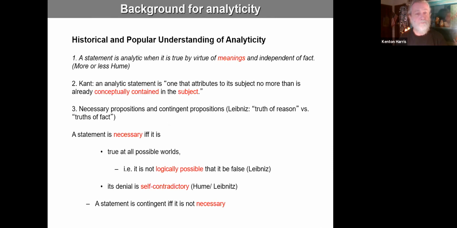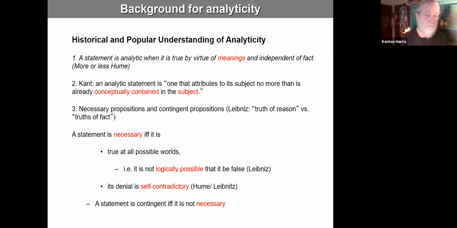There we go. A statement is analytic when it is true. Here are some popular and historical understandings of what is meant by analyticity. Now, again, Quine doesn't think any of these are going to work, but let's go through them anyway. A statement is analytic when it's true by virtue of the meanings and independent of fact,